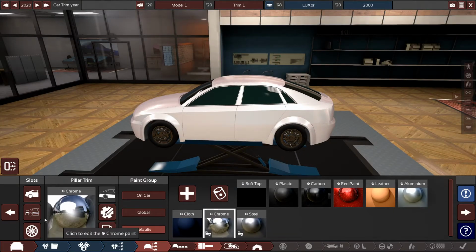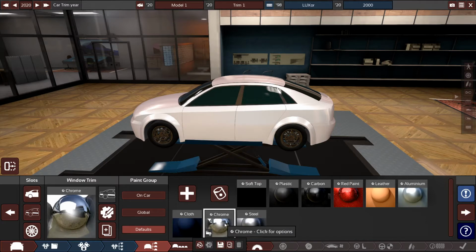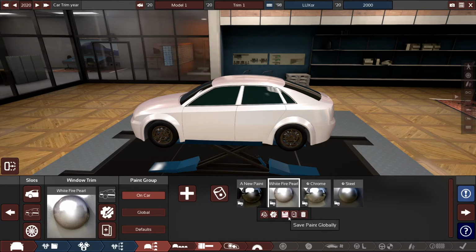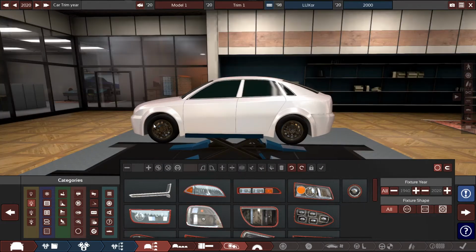Yeah. And how about... Oh, too far. Back into here. Back into here. What's the window trim exactly? Nope. Bring that back to what it was on car. White diamond pearl. We're going to save that paint globally. We're going to save this paint globally. Alright. Oh, I did not mean to do that. Yeah, I like that. That just chrome hint around that. I like that. Move on here to...